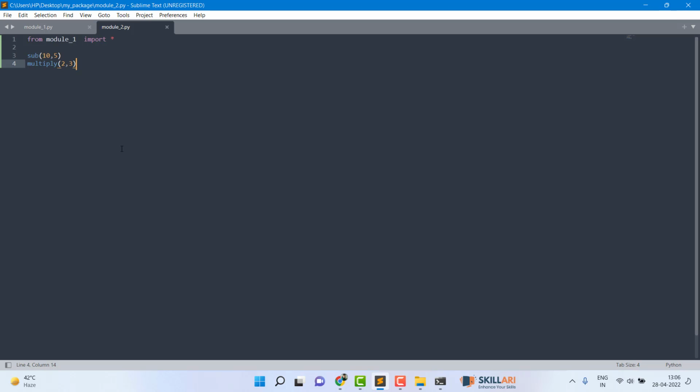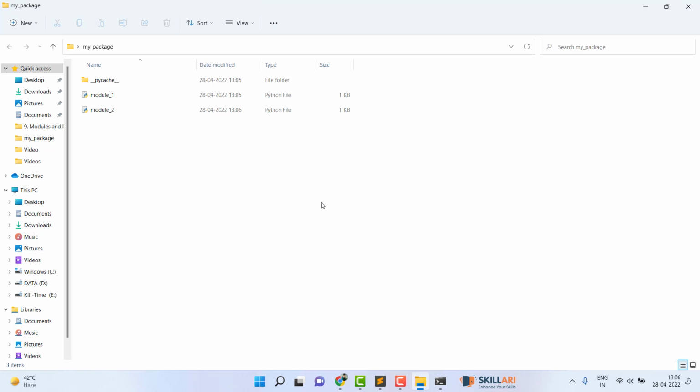Now let's create our very own package. A package, as I said, is a collection of modules. Now, how do you define a package? For this, we just need to create an empty file, named init. So when my system looks at it, it doesn't take it as a normal directory, but a directory for our